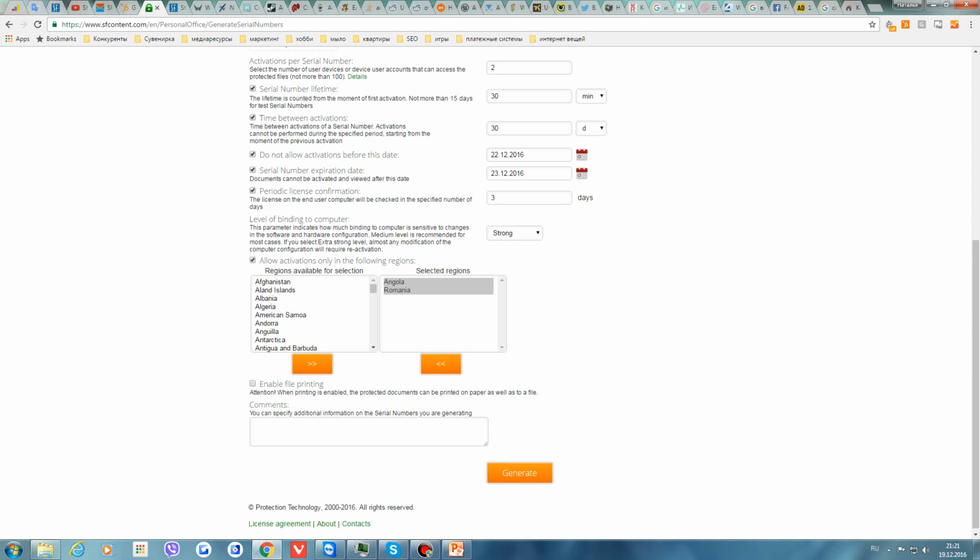But again, we recommend not to do it, only if you really need, because if this function is available, it means a person can use virtual printing, and it can create a usual PDF file and distribute it as ever he wants. Comments. Okay, we can enter a comment and click generate.